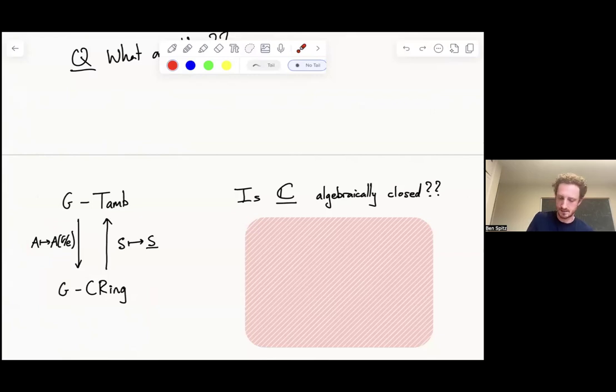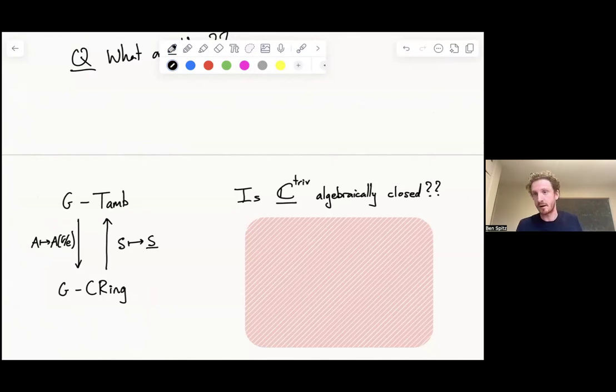And so maybe we could say to ourselves, maybe I take the complex numbers with the trivial action, and I do underline of that. And that Tambara functor looks like, at every level, it's just C, and all the restriction maps are identities, and all the transfer maps are multiplied by the index of some subgroup inclusion, and all the norm maps are raised to a power of the index of some subgroup inclusion. It's a pretty straightforward little Tambara functor, and each level of your Tambara functor is an algebraically closed field.